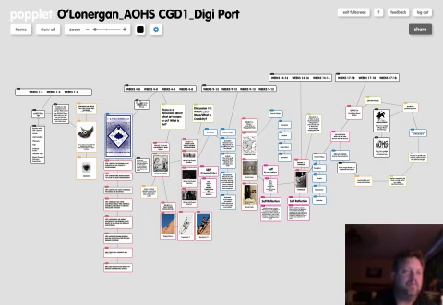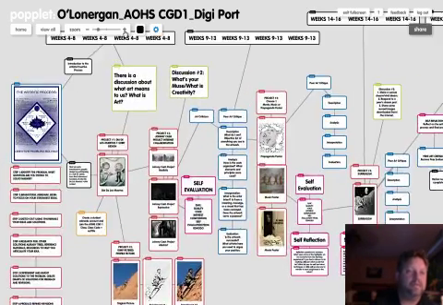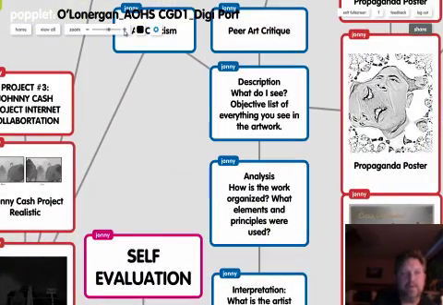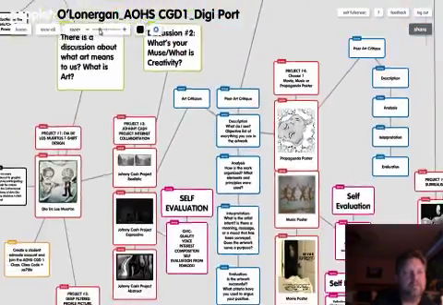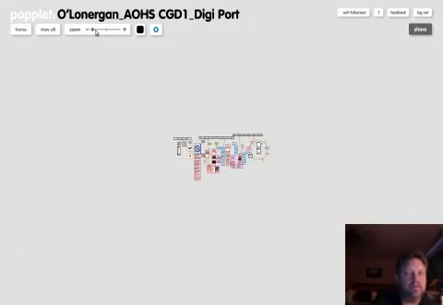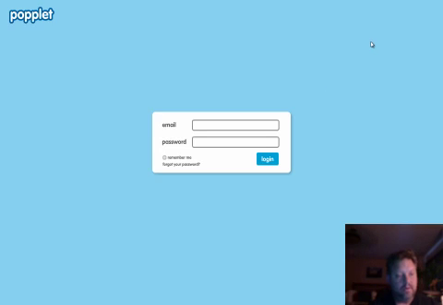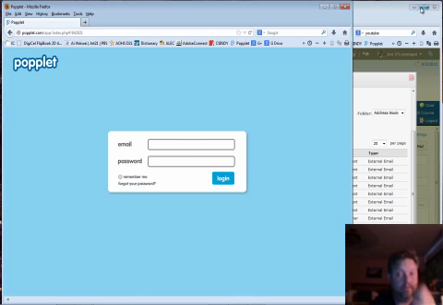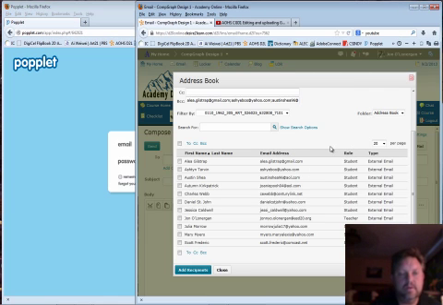So this is just kind of a brief overview, and then as I zoom in on this, you can see that these images do get bigger, and they look nice when they're big. And I can scroll down just by scrolling down like this. But this, in a nutshell, I'm just going to log out now, exit, full screen, and then get back to my video. That should complete the Popplet,